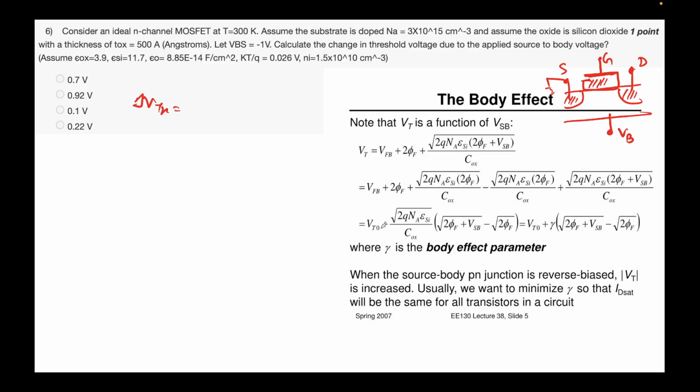this gamma is actually this factor, so we'll write 2q Na epsilon silicon over Cox and 2 phi f plus VSB minus square root of 2 phi f. So let's see which terms we know. We know Na, we know epsilon, we don't know Cox, but we can calculate Cox. Let's do that first. So Cox will be